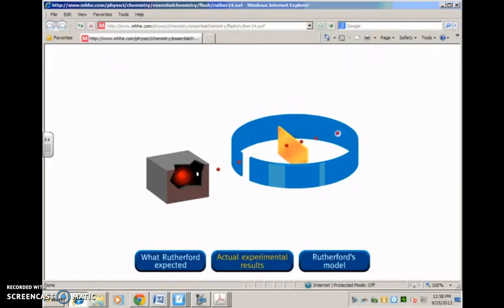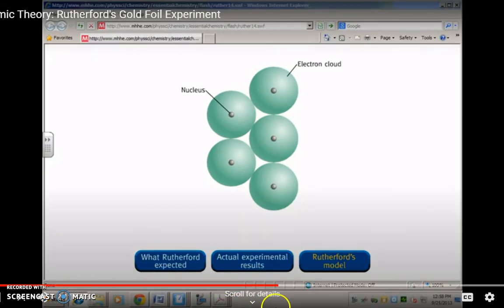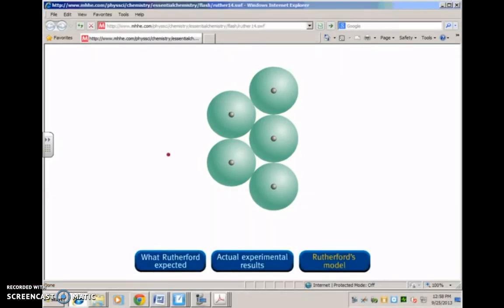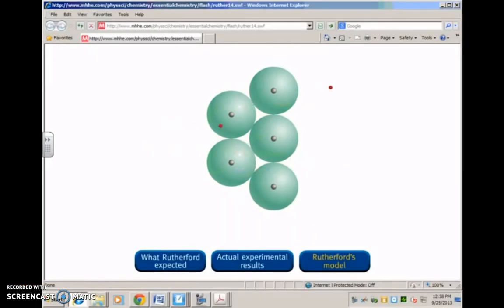This led him to two conclusions. First, 99% of the alpha particles went straight through. That's his first observation. Leads to his first conclusion. Most of the atom is empty space. His second observation is that the particles that don't pass straight through are deflected at severe angles, some even straight back at the alpha emitter. That leads him to a second conclusion, that there must be something dense at the center of the atom,